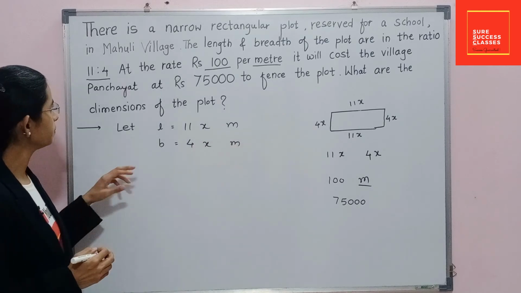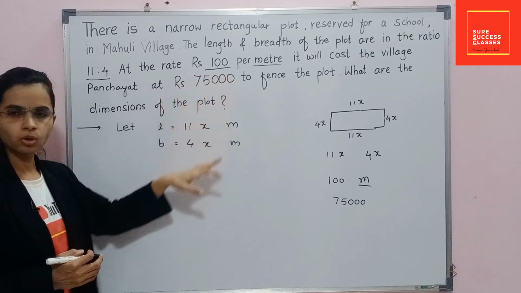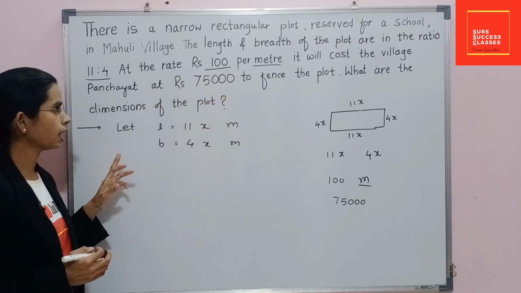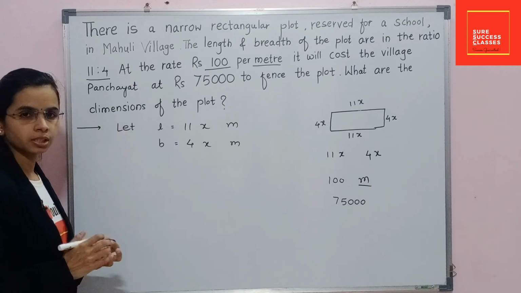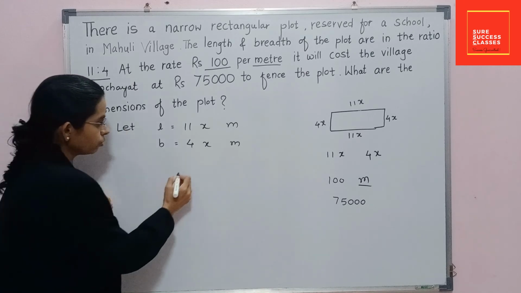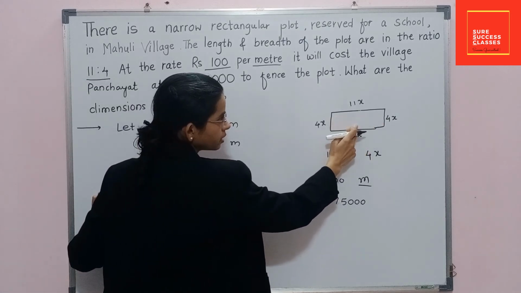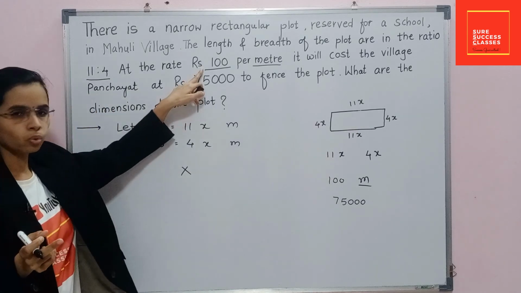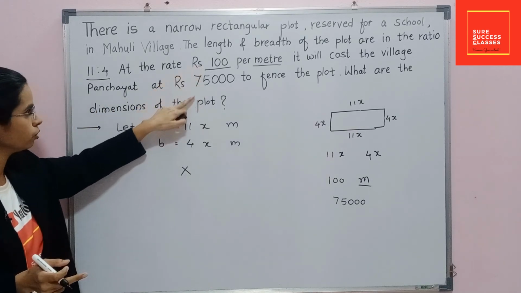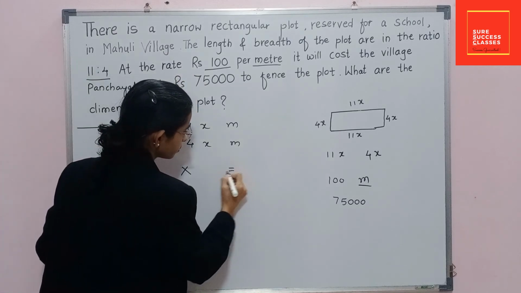Here the statement at the rate rupees 100 per meter, it will cost the village panchayat rupees 75,000. This statement suggests us that when we multiply this entire distance, means distance of the boundary, by rupees 100, at that time we will get this total amount, that is